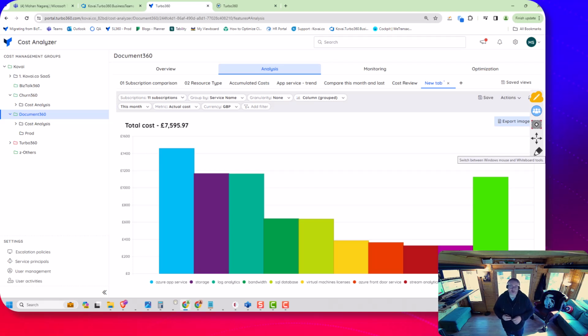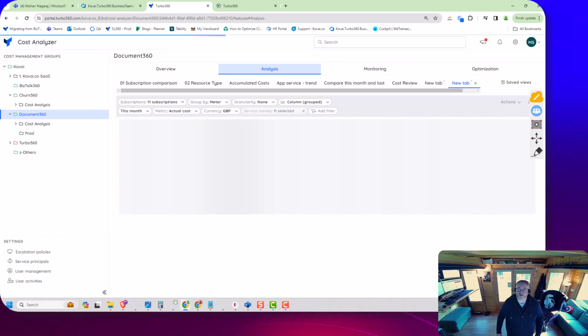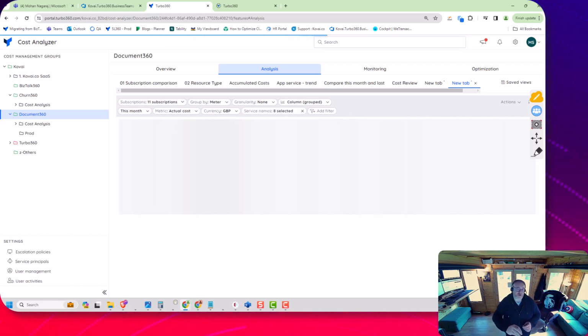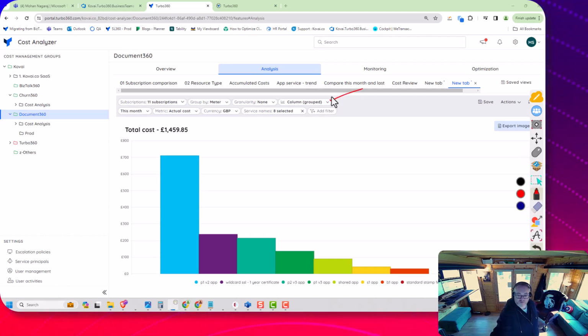So what I can do here in Turbo 360, then if we look here, we've got a very simple graph. If I want to dig into my app service costs, you can see I can click on it here and we can go, right, let's take a look by meter. So this is going to open a new tab up and it's going to pre-configure all of the various settings here as a click through from the